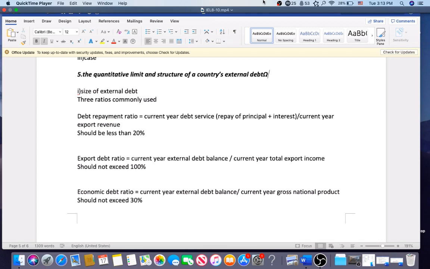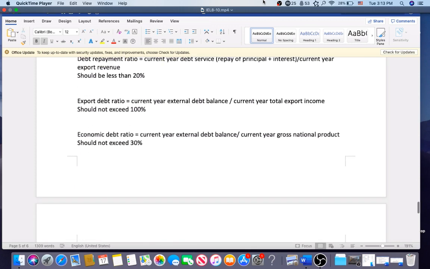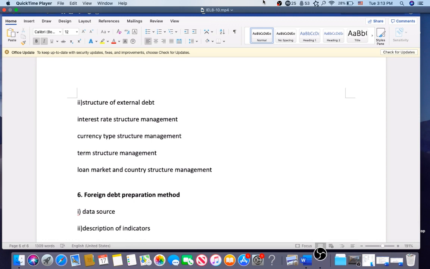There are other measures, such as the current external debt service to the current GDP, and so on. So next is the structure of